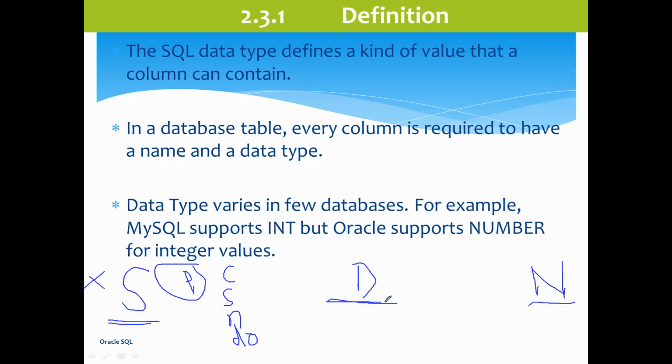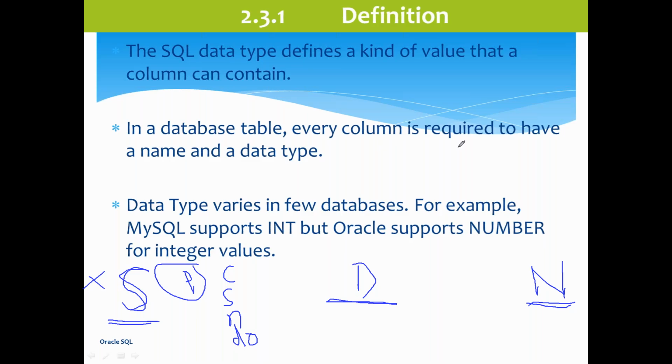Now coming to the date data type, it takes only date values. If a column like joining date is there, and we have defined the data type as date, it will take only the date. It will not take a number value, any character, any symbol, nothing. Date means date, number means number. But the character or string data type can take everything.